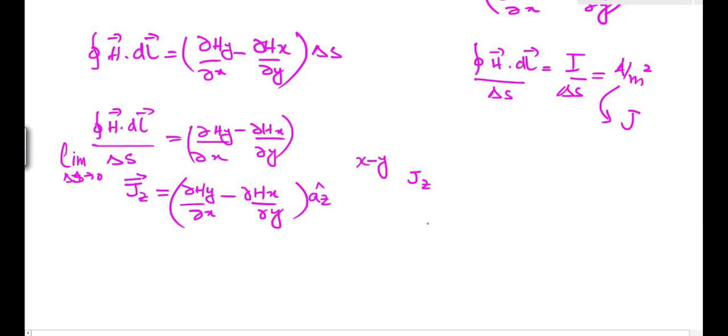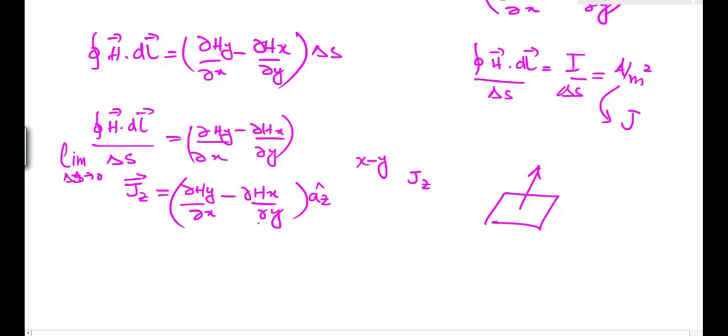In this case, the current is always parallel to the unit vector of this area, and the unit vector of any path, we know, is always perpendicular to this path. So the perpendicular to the xy plane is the z direction,